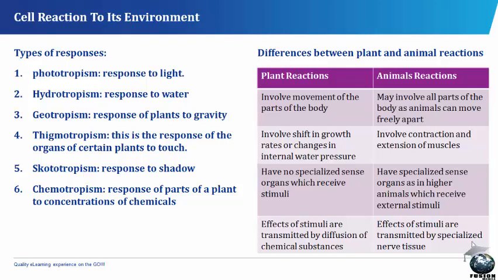Example: the stems of yam and morning glory twine round the support as a positive response to touch. Root tips grow away from stones as a negative response to touch. Scototropism. Response to shadow is referred to as scototropism. For example, vine seedlings grow towards the shadow of the nearest plant to it so as to climb round it